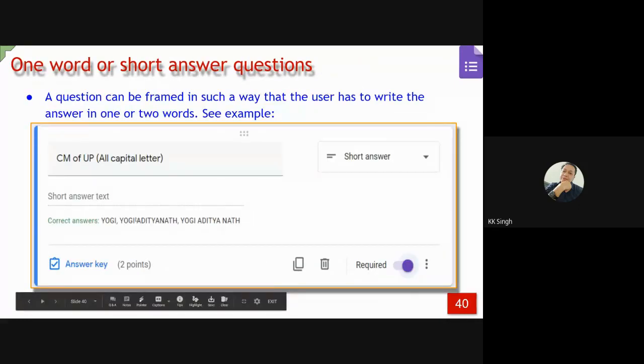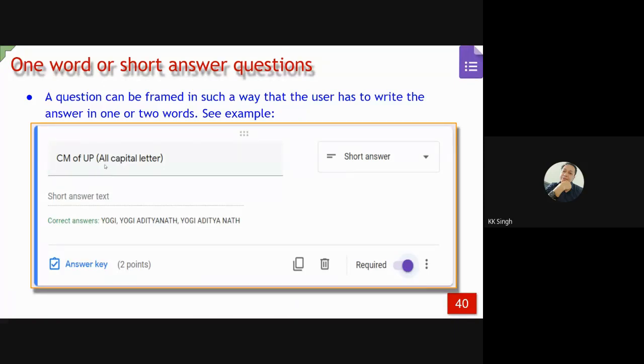For a one word answer, like if I want to ask the CM of UP, the answer should be in capital letters. I must suggest that these words should be Yogi, Yogi Adityanath, with a space and without a space. I have to mention all these options, but it is a short answer question. If any one of these is given by the student, he or she will be awarded the marks.